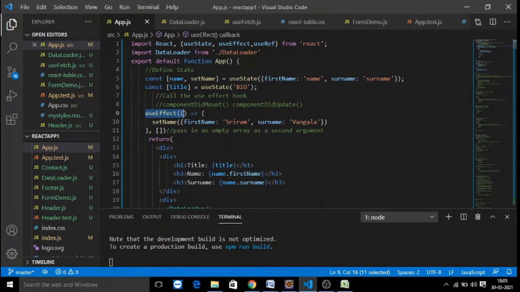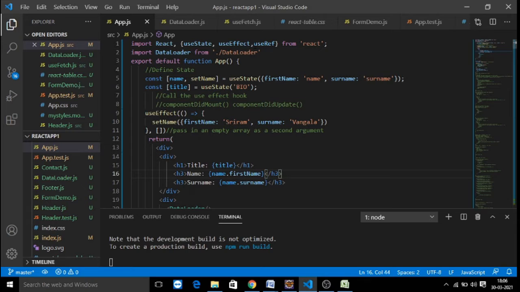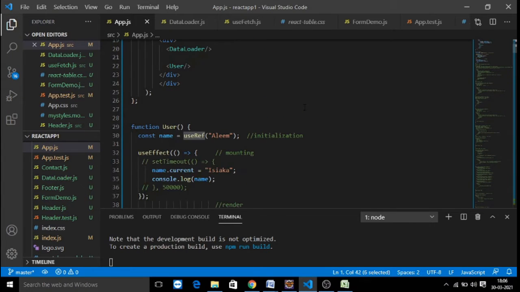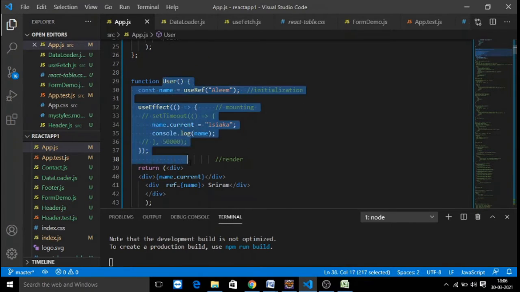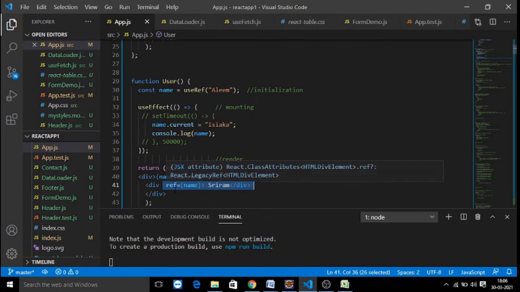And coming to the same example, we would like to also practice with another hook, the useRef React hook. This is nothing but for uncontrolled components, especially when we are creating components by using functional components, to control the components using a reference. Let's say I have a reference created here. The name is a variable, name is the state of my component. So first I am going to create it as a reference.